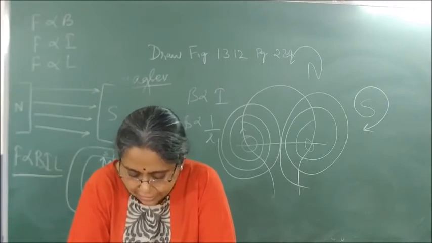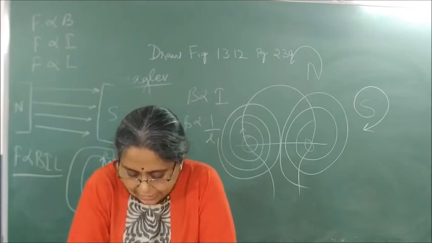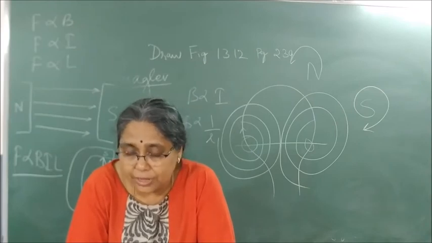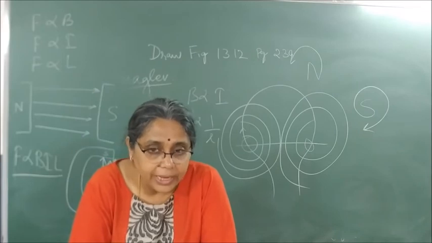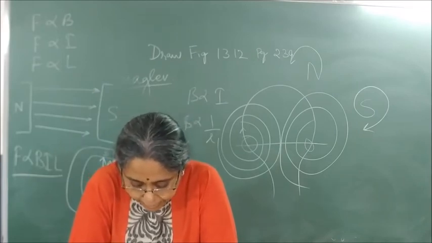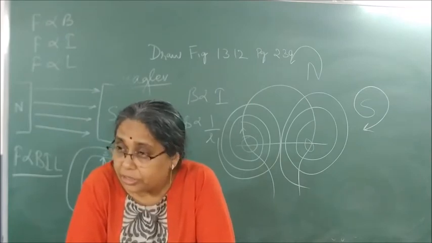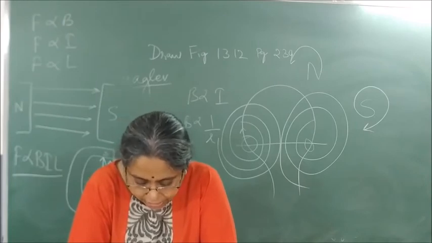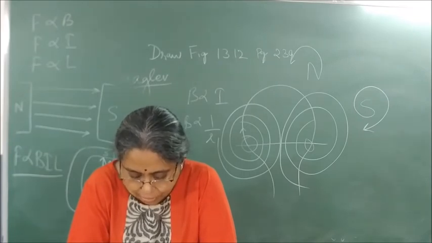The displacement of the rod in the above activity suggests that a force is exerted on the current carrying aluminium rod when it is placed in a magnetic field. So, the same thing we said, that when a current carrying conductor is placed in a magnetic field, it experiences a force. It also suggests that the direction of force is reversed when the direction of the current through the conductor is reversed. Now change the direction of the field to vertically downward by interchanging the poles of the magnet.